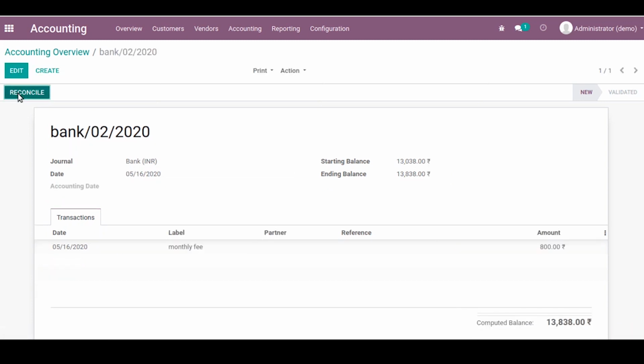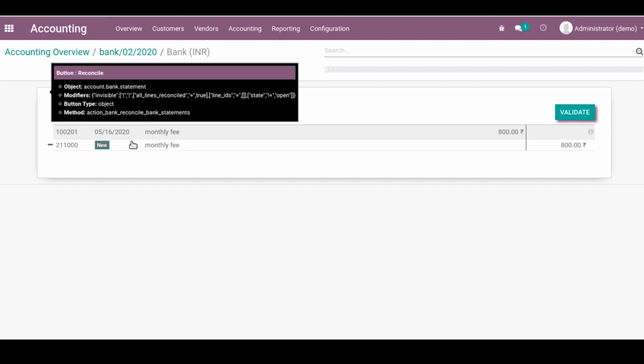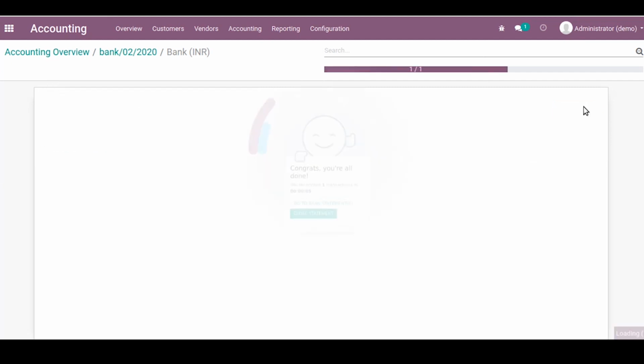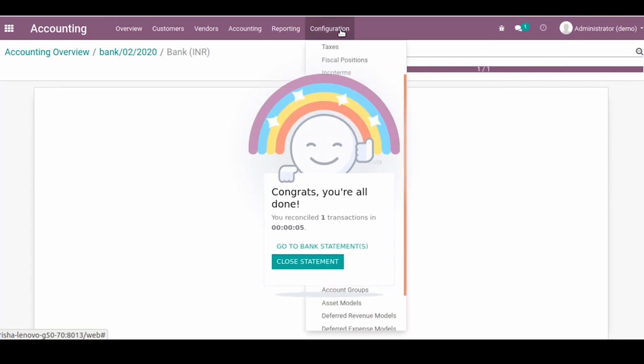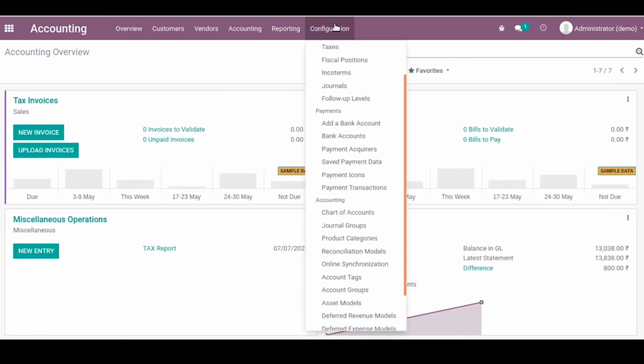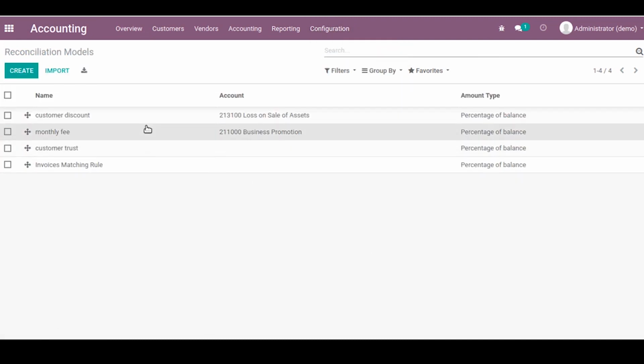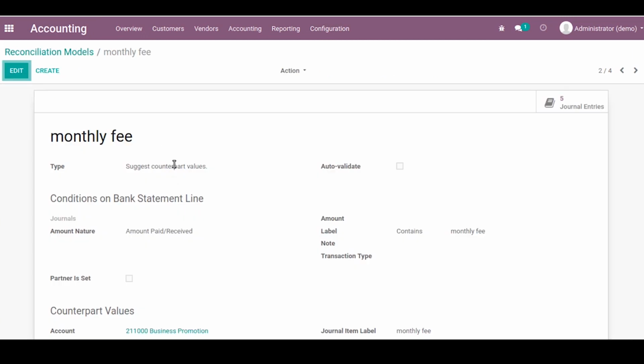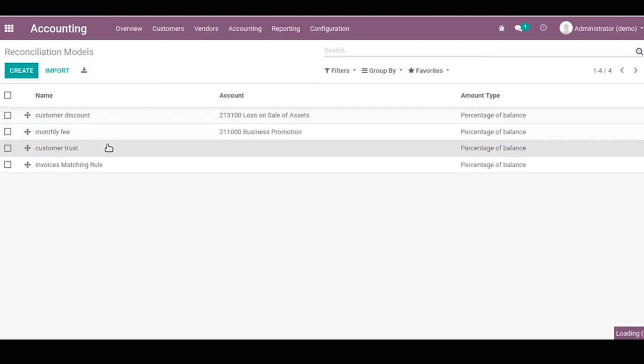Now let us reconcile this one, and we can see a new line got added here. This is because we have set the reconciliation model to suggest counterpart values.